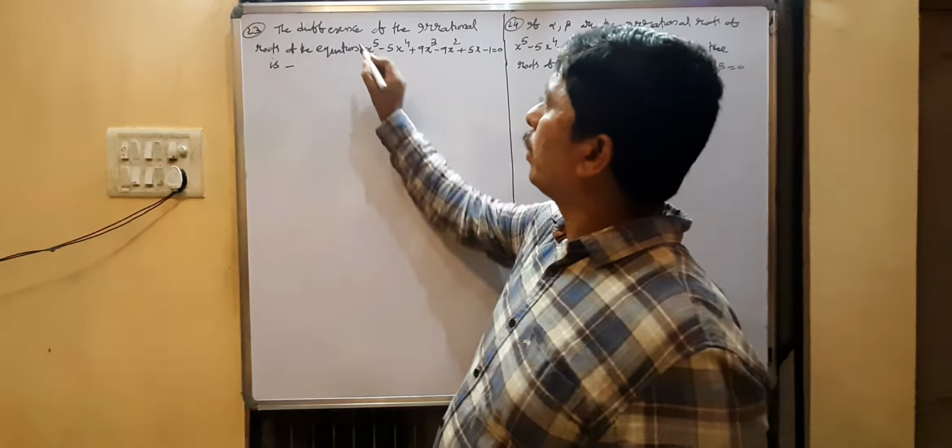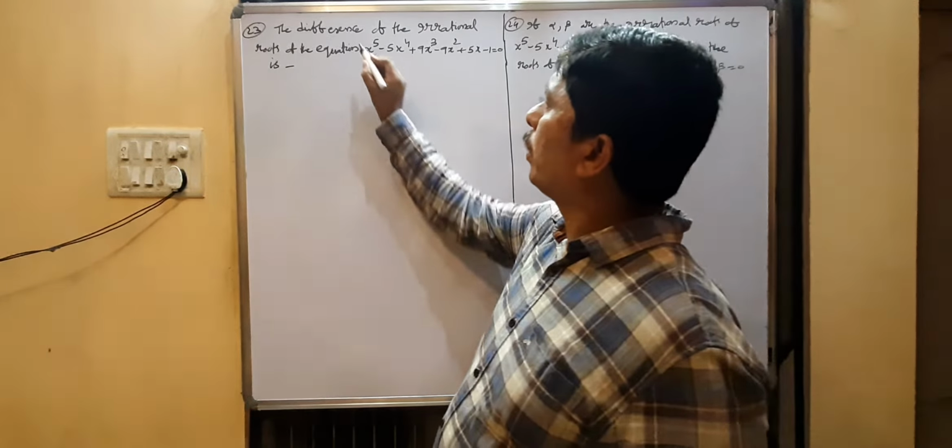Class 2 reciprocal means x equal to 1 is a root, since the sum of the coefficients is obviously 0: 1 minus 5 plus 9 minus 5 plus 5 minus 1 equal to 0. So x equal to 1 is a root. Using 1 you can do the simple division. The x power 5 coefficient is 1, x power 4 coefficient minus 5, x cube coefficient 9, x square is absent so 0, then 5, minus 1. Do the simple division: 1 into 1 is 1, minus 5 plus 1 is minus 4, 9 minus 4 is 5.